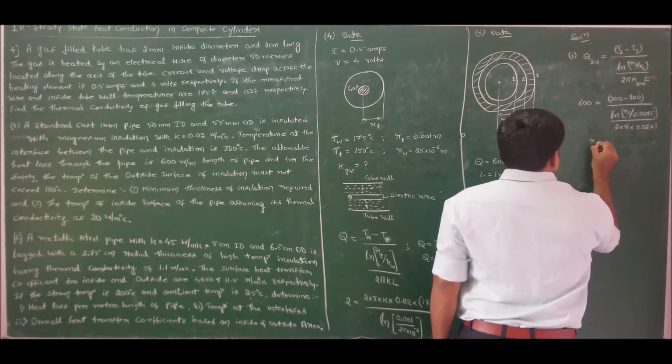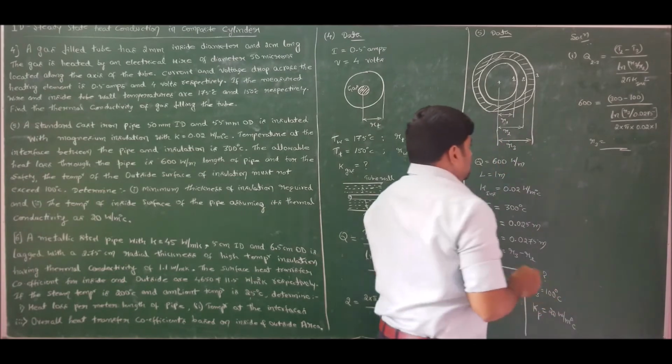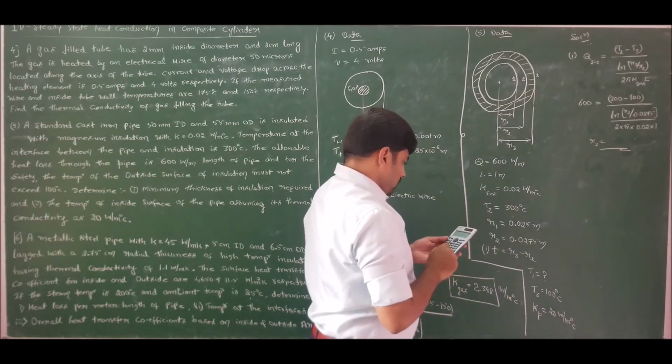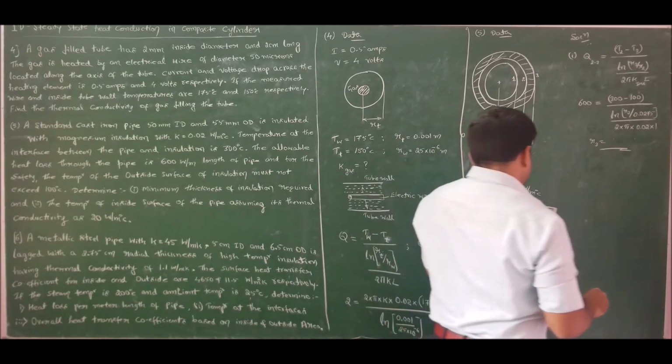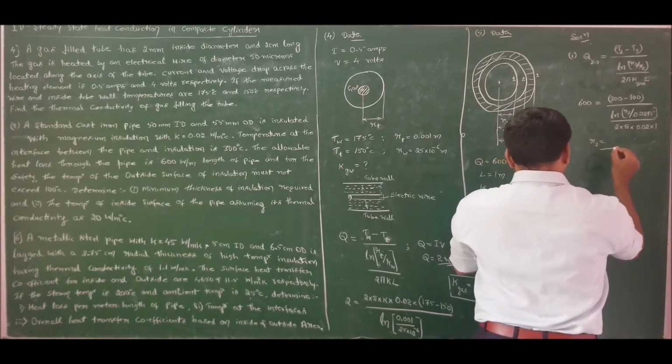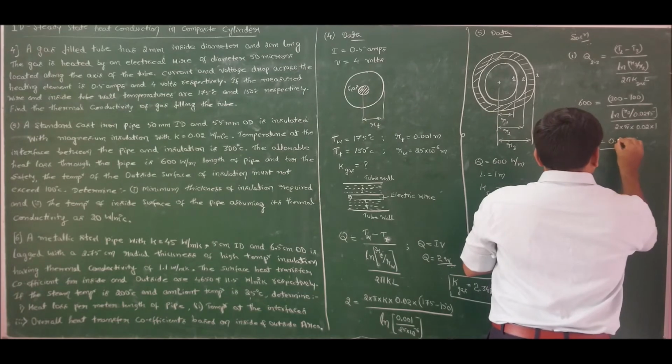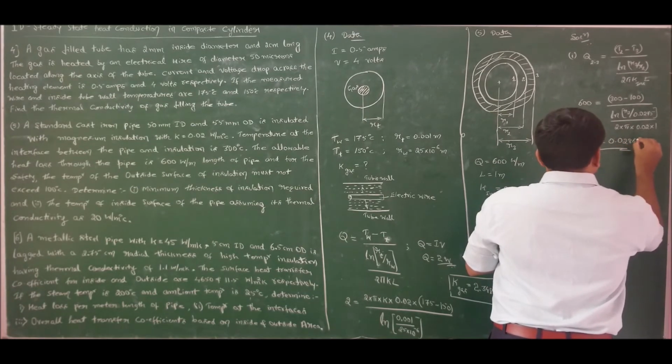So if I solve, the radius R3 is turning out to be 0.02868